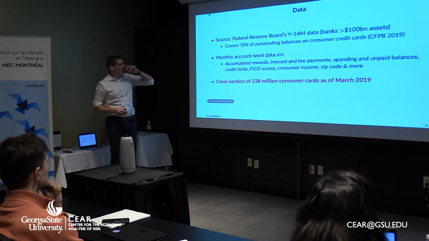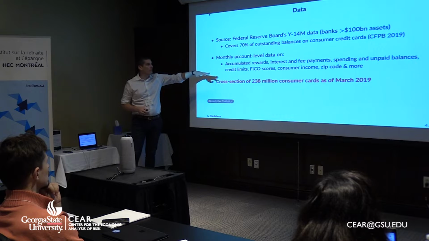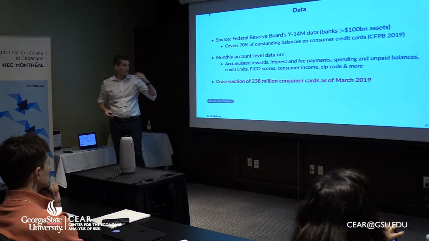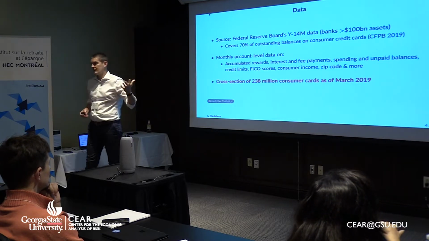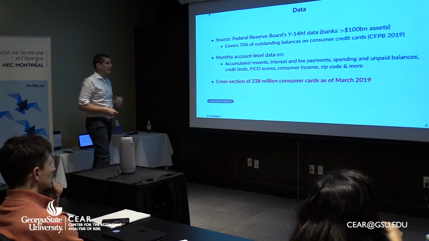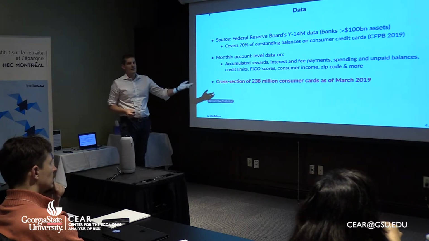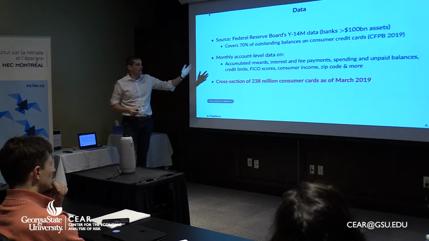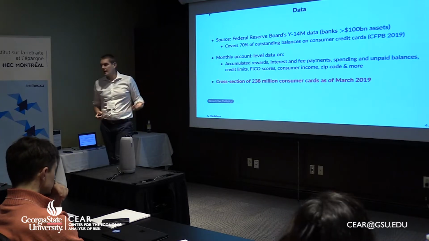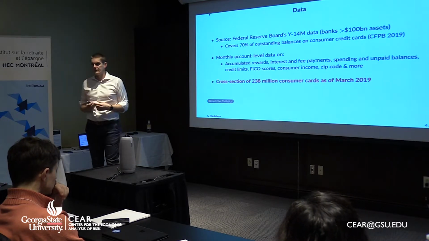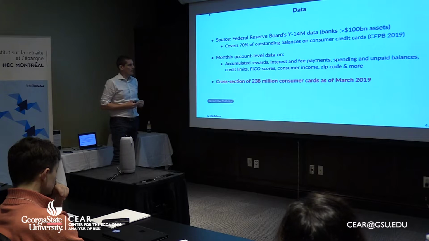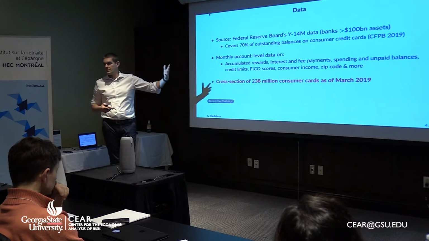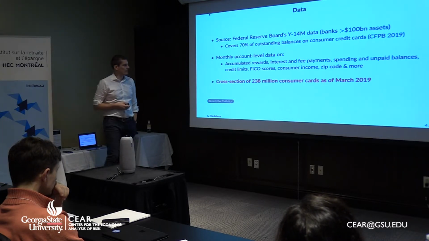The Y14 data are at the monthly level, at the account level. We have a lot of information: first of all, accumulated rewards, which is exactly what we need for our analysis, interest and fee payments, spending, unpaid balances, credit limits, FICO scores, and consumer income, which is clearly self-reported, so there is some limitation. I guess it will come up a lot during the presentation. We know zip codes, where the people are, and a lot of other variables,